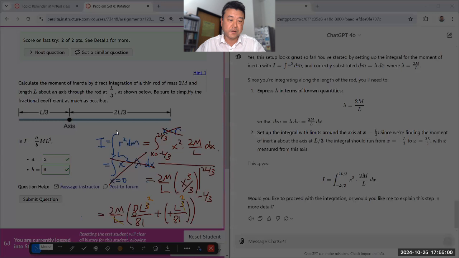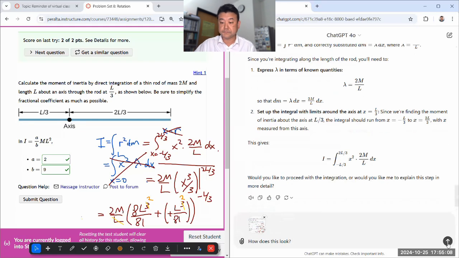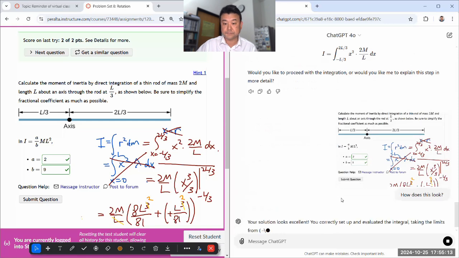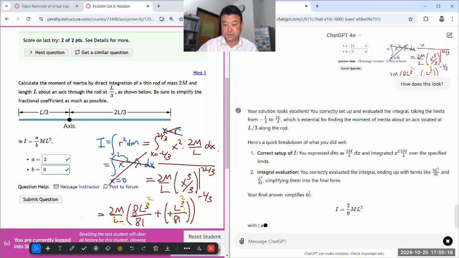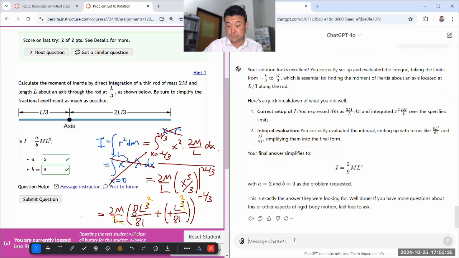And it should say it looks correct. How does this look? Yeah, correct, etc. I was basically copying, and then it says final answer, simplify. So you can verify that 8 plus 1 is 9. So in here it's going to become 1 over 9 L squared. So you got 2 here, so 2 over 9. Yeah. Great. Thank you.